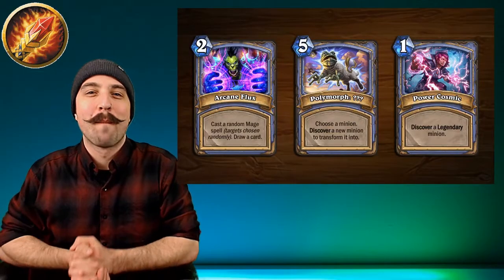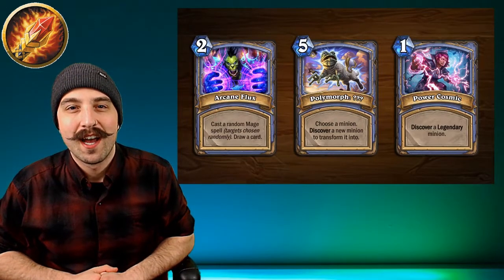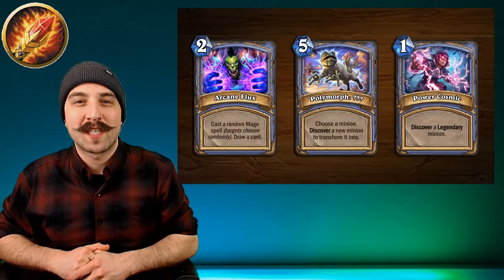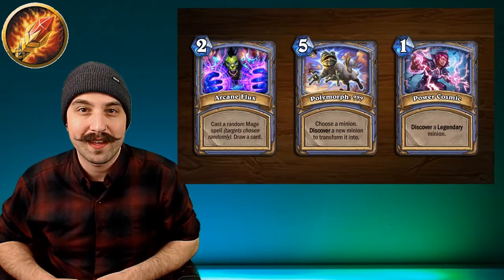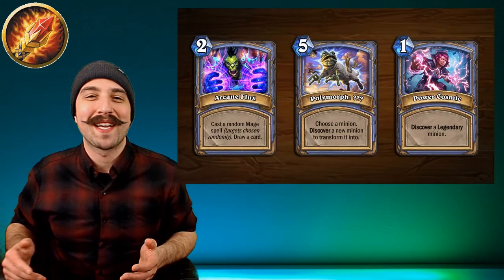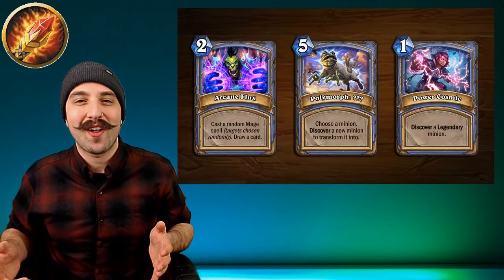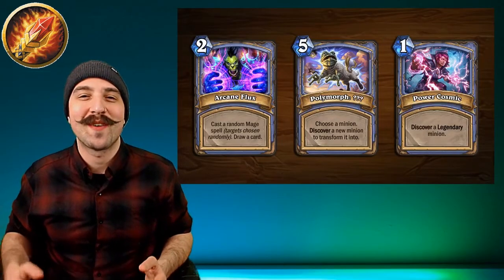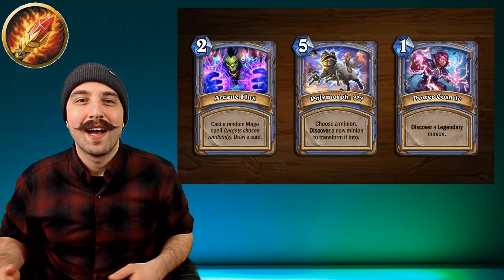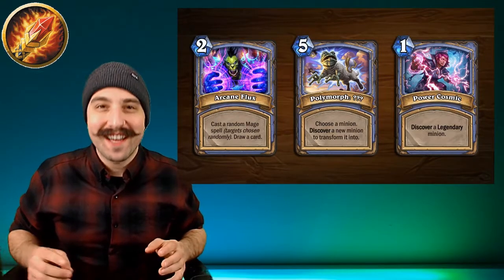Let's start talking about Mage. The first card up is Arcane Flux. Cast a random spell. Targets are chosen randomly and you do get to draw a card with this. The next one up is Polymorph question mark, or how I like to call it, Polymorph. And the third and final one, guys, is Power Cosmic. It's just discover a legendary minion. And the winner is